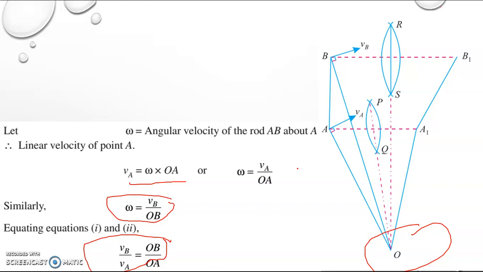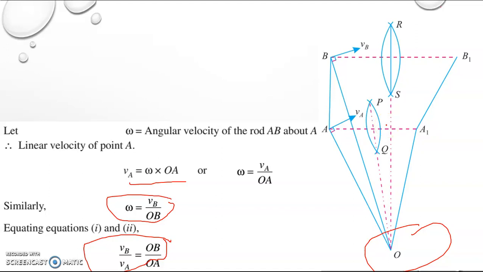So first of all, we will locate the instantaneous center. For locating the instantaneous center, if we know the velocity of A and its direction, we will first of all mark the velocity of A. Here it is marked as VA, and the velocity of B is marked as VB. And we will be drawing perpendiculars to these velocities, and these two perpendiculars will meet at this point O. This is the instantaneous center of the link AB. Omega into OA will give the velocity of point A, and omega into OB will give the velocity of point B. Okay, so we'll do one problem.